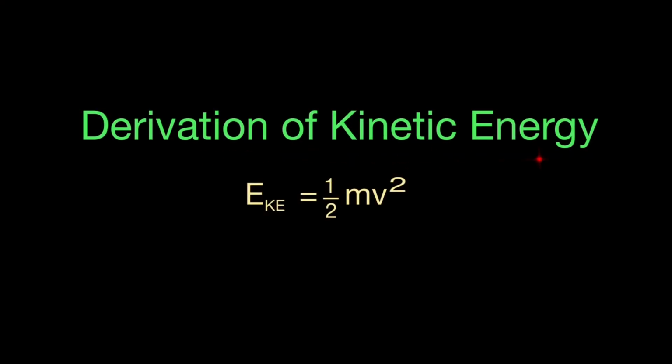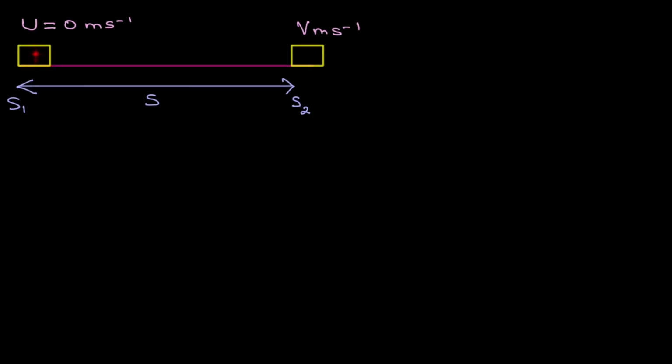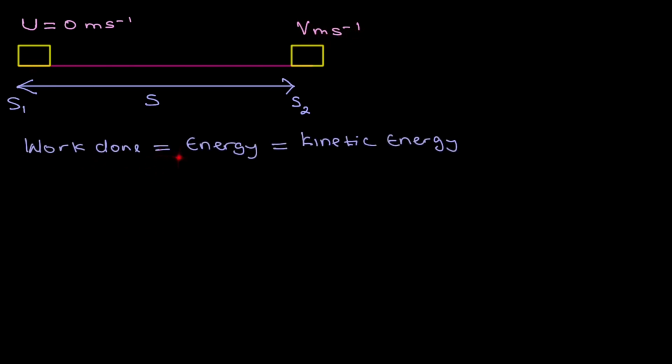Derivation of kinetic energy. If you have an object and you move the object from a distance of s1 to s2, and the difference in the distance is s, with an initial velocity of u equal to 0 meters per second to a velocity v meters per second. The work done on the object is equal to the energy supplied, which equals the kinetic energy due to horizontal